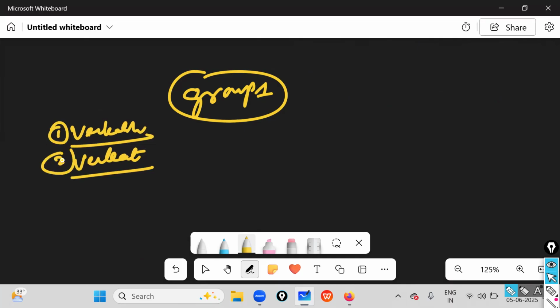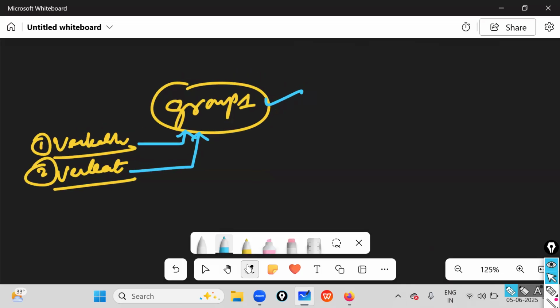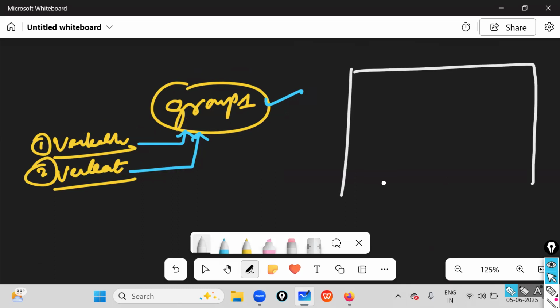First user, second user. So after creating group one, just add the Venkatesh user and add the Venkat user. Afterwards, go to the sudoers file. Okay, understood, sir. Yes, go to the sudoers file.